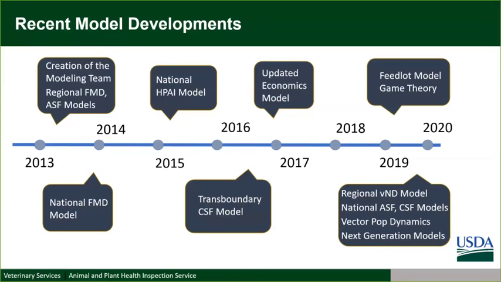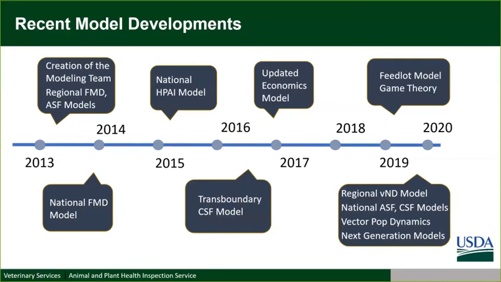And then we're also looking into ways that our modeling can support decision support, especially when you have multiple states or multiple decision makers requesting the same limited resource. So that's obviously very relevant right now with what we're seeing with the COVID-19 pandemic. But basically we're looking at using game theory as a way to look at when you have multiple players asking for the same resource and how modeling can help explore that area. And that's a collaboration with USDA's Agricultural Research Service as well as Kansas State University.